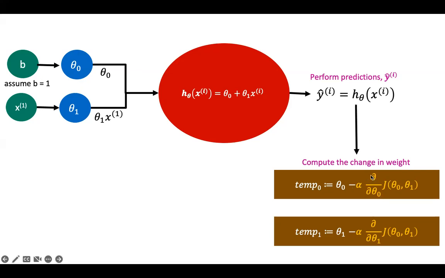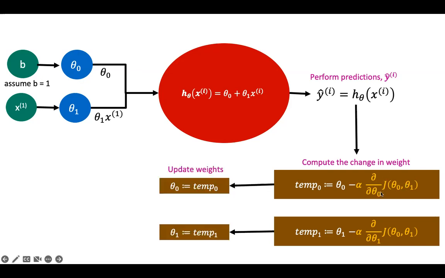Okay, and the change in weight is simply the current weight minus alpha, or the learning rate, times the partial derivative of J, the cost function, with respect to theta. Okay, and after computing the change in weight, then we have to simultaneously update the weights for theta 0 and theta 1. And we are going to do this iteratively until we arrive at a global minimum